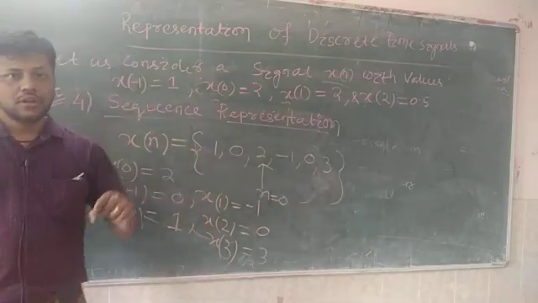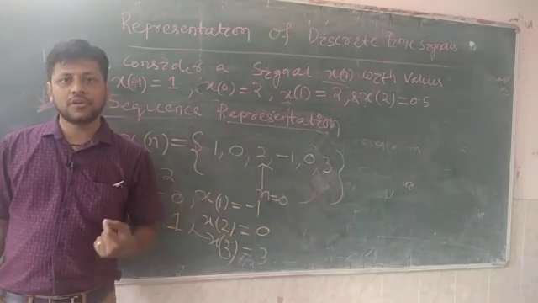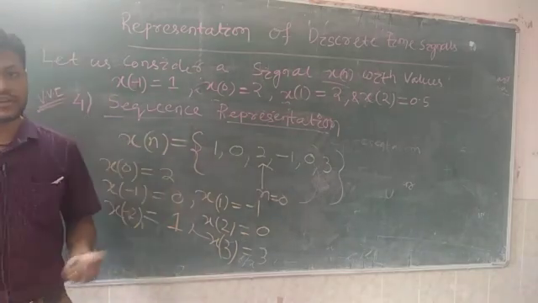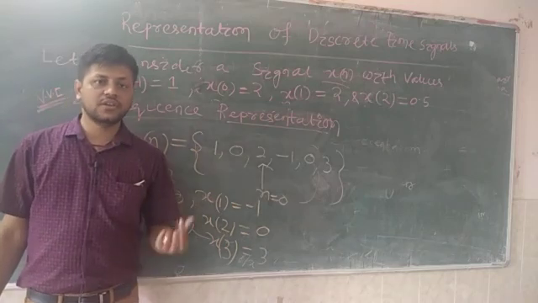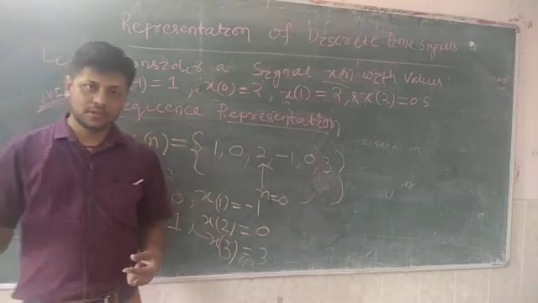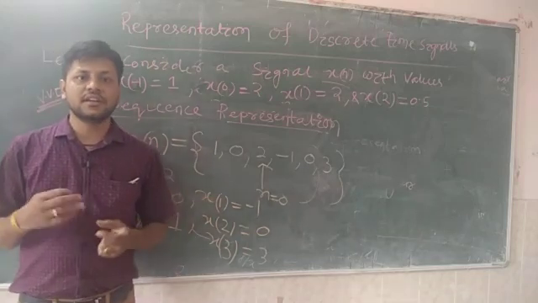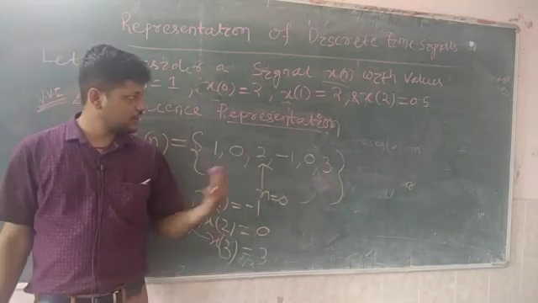In the next class we will study the elementary signals, and after that we will study the various types of signals: complex exponential signal, periodic signal, deterministic signal, random signal. The various types of signals we will discuss. Thereafter we will study the system. Then we will study signals and systems combined in a later chapter.